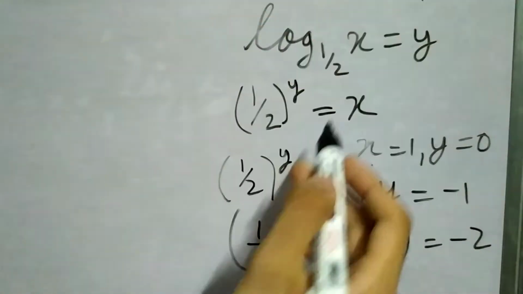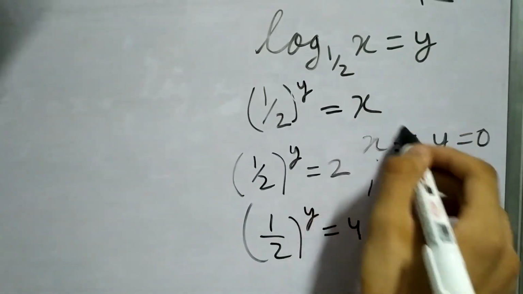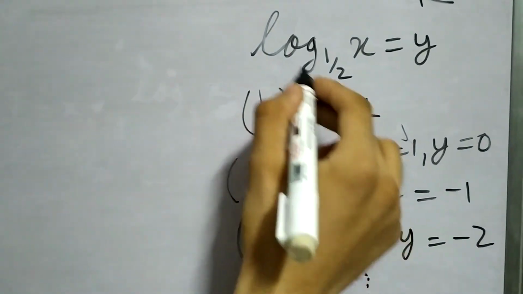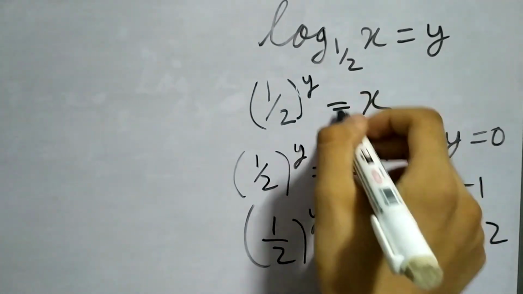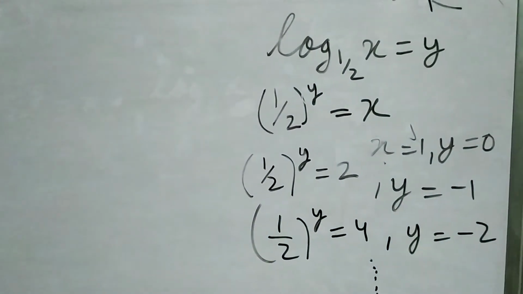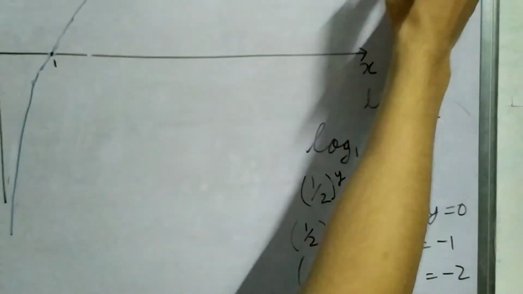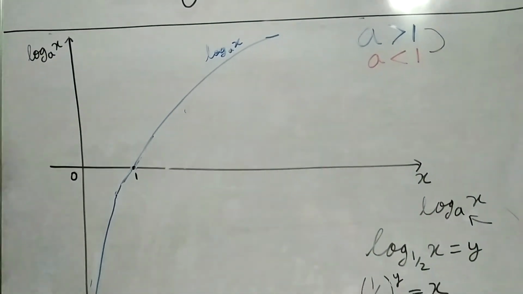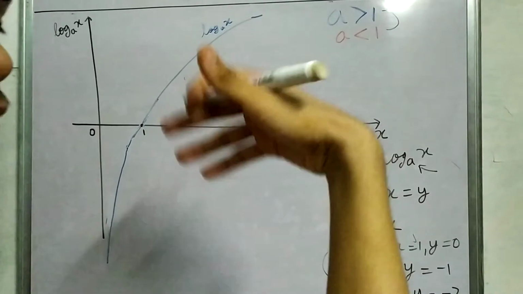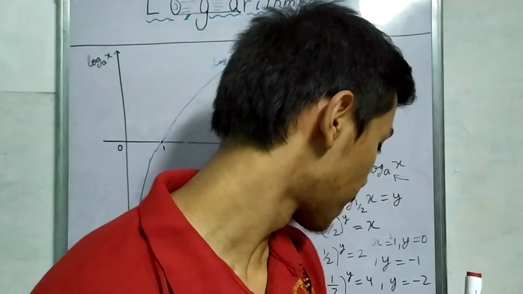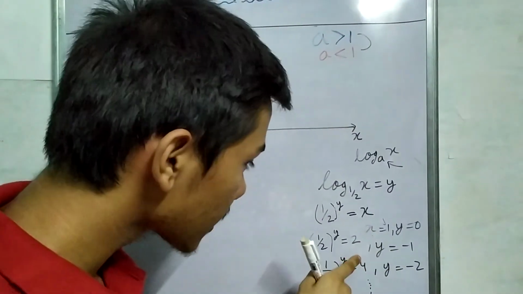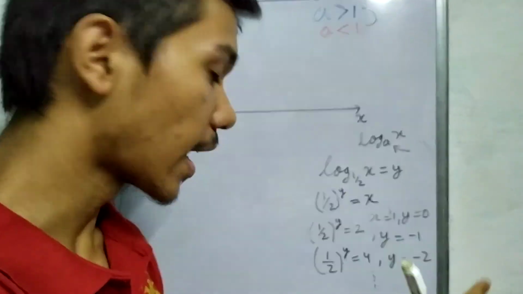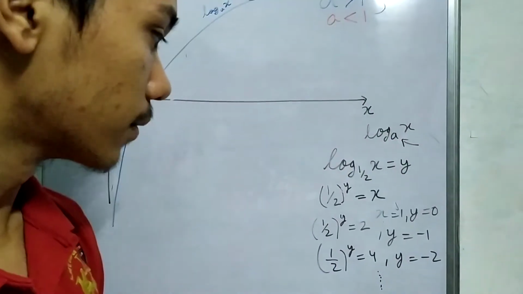So as you keep on increasing the exponent, this quantity will decrease. Whereas if a is greater than 1, you keep increasing the exponent, this quantity will also increase. And that is the reason behind how these two cases behave very differently. It's because of raising fractions to a power, which changes things drastically. So we saw that as x increased, y decreased, whereas it was opposite for a greater than 1.